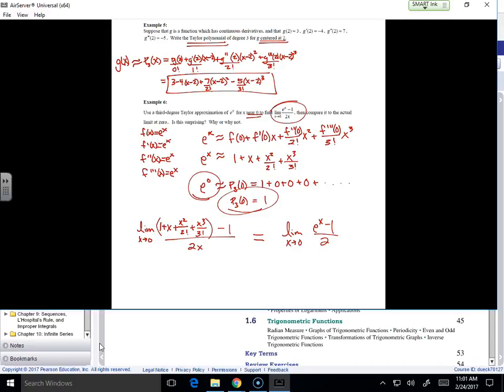They will be the exact same, meaning the expressions will meet at x equals 0. And they will be approximations